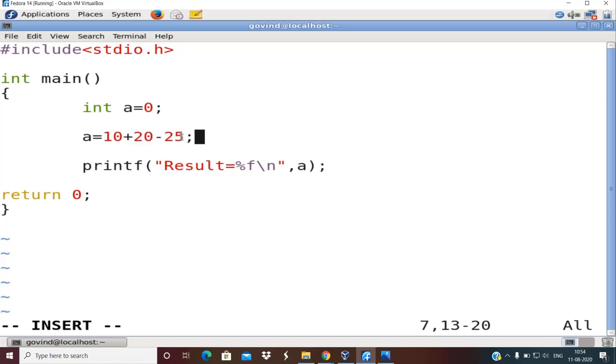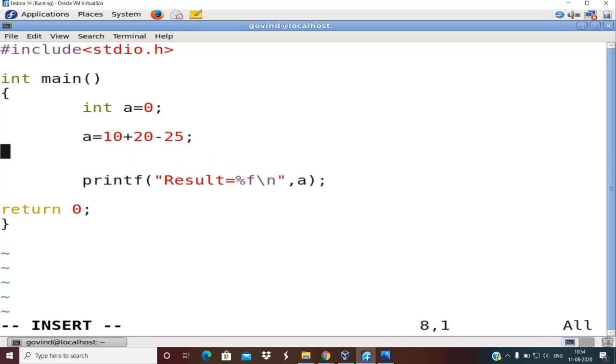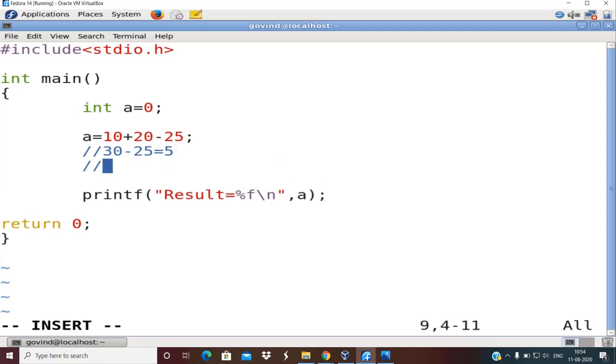There are two possible ways to solve this expression. The first is to add 10 plus 20, which is 30, and subtract 25, which gives 5. The other is to subtract 25 from 20, which is minus 5, and add 10 to it, which gives 5. In both scenarios you get the same answer, but since there are two operators with the same priority, which operator should be evaluated first?